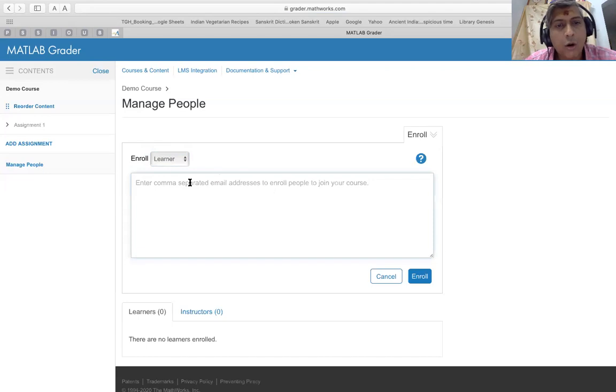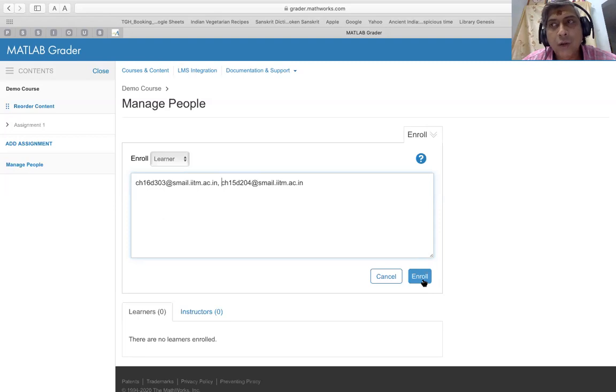And now you enter comma separated email addresses, right? So what I'm going to do is I'm going to actually add 2 email addresses. These 2 are of my TAs for a particular course. And when I click on enroll, what happens is that emails will go out to these 2 students.